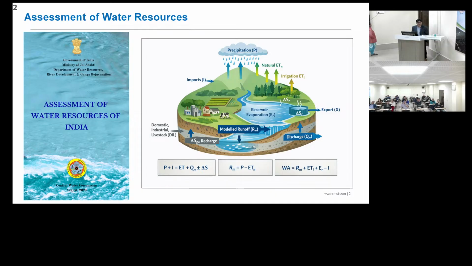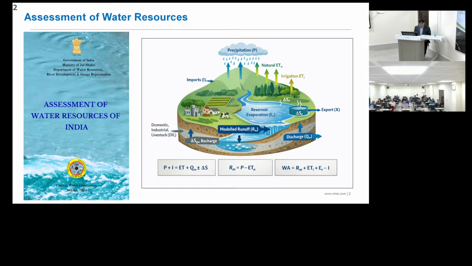Output is losses of the water, which is land surface evapotranspiration losses, denoted ETN. This is TN, and means natural evapotranspiration. Then, if your basin area is larger, you must have some reservoir or storage area in between. Then the reservoir evapotranspiration should also be considered. In terms of total water availability this is negligible, not much, but in order to estimate the accurate surface water, you should have this information with you,